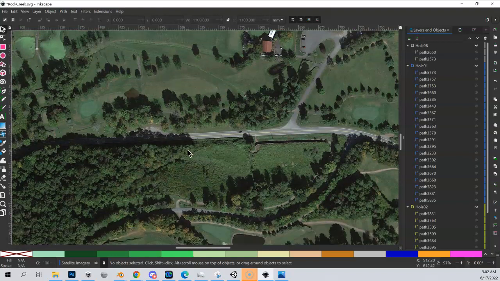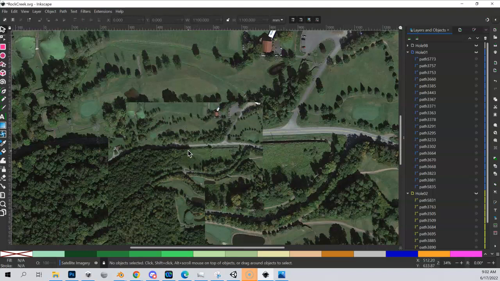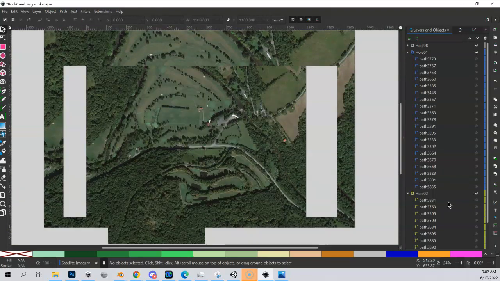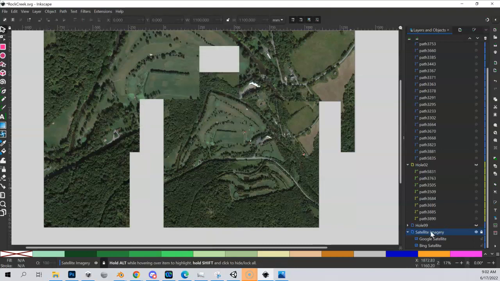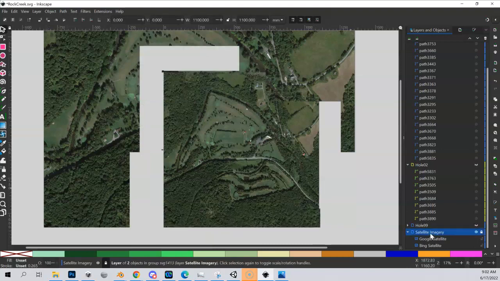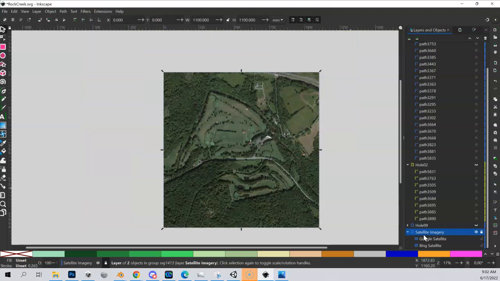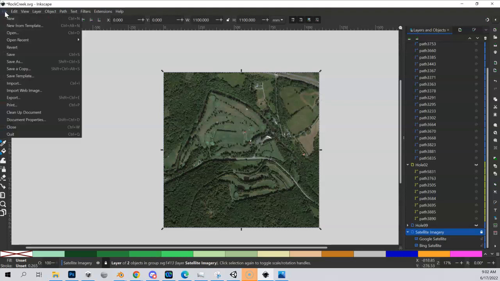We need to import the image that we just created. So let me come in here. Let me just zoom out. And I'm going to come down here to my satellite imagery layer, and I'm going to make sure that's highlighted. That way, when I import this in, it's going to end up in my imagery folder. But remember, if you put it in the wrong place, you can always move it. So we're going to do File, Import,